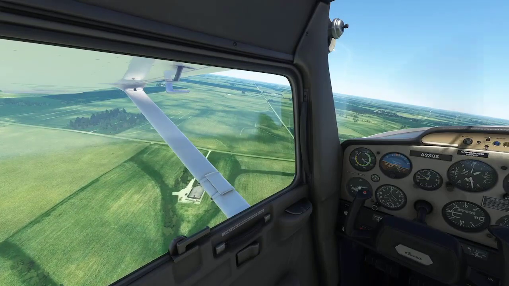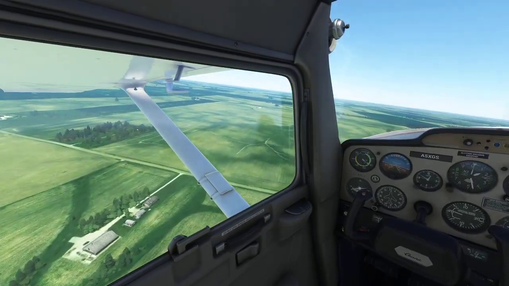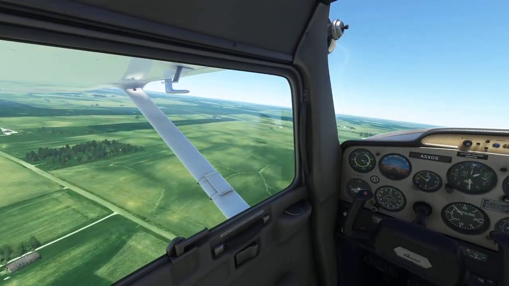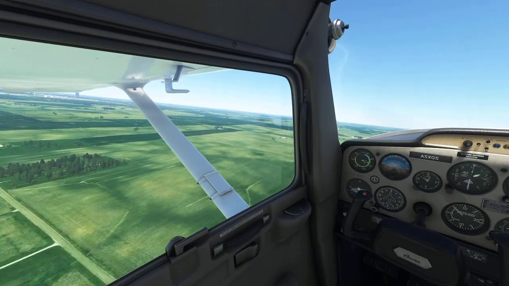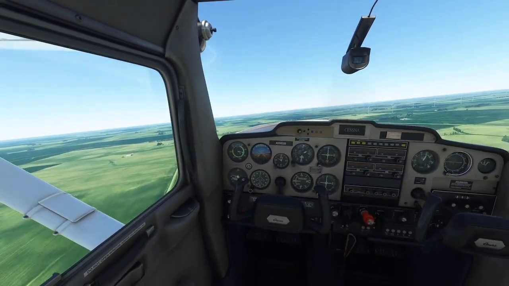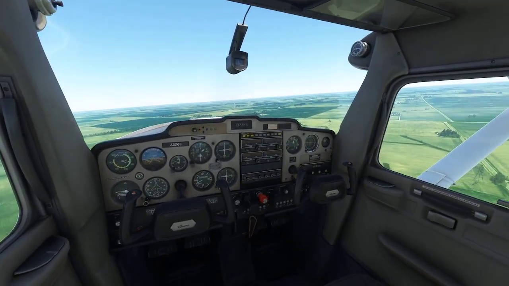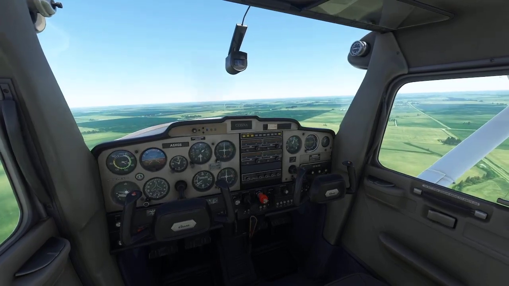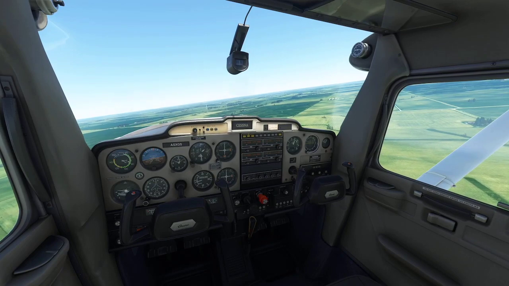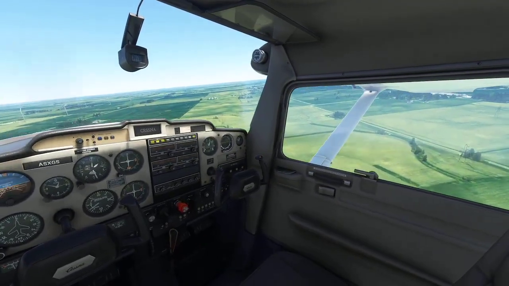Okay then. And then as we get ready, so we're shallowing the bank, and as we get ready, because we're now going into the wind, and as we cross the road, we should be wings level, and then we're going to do a shallow bank now. Let's see how our altitude is. We're going to do a shallow bank. I know this road's kind of broken. You don't want to go too steep at first, but then as you go around, you're going to start to,